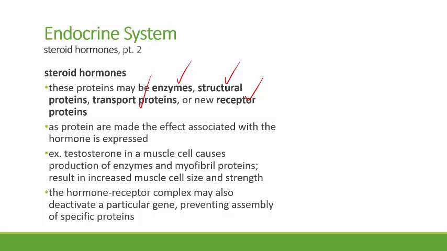And then that hormone receptor complex may also turn off particular genes, preventing specific proteins from being assembled. So here is an example of another effect associated with that hormone. And the effect is determined by the tissue or the cell that